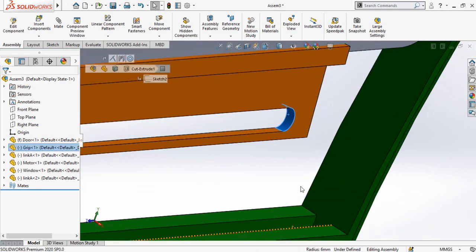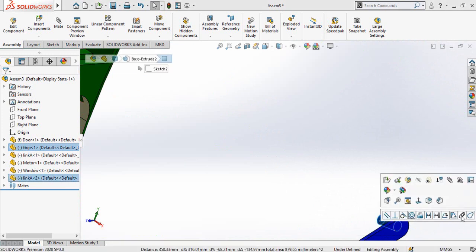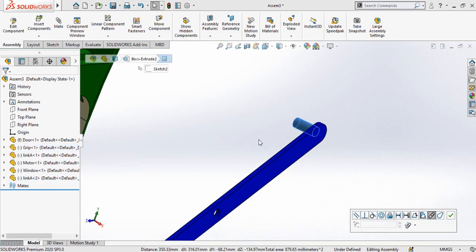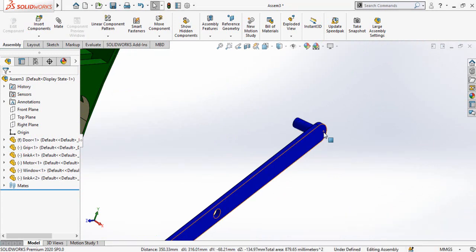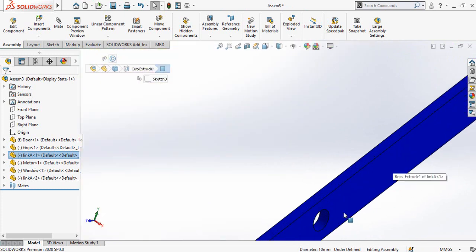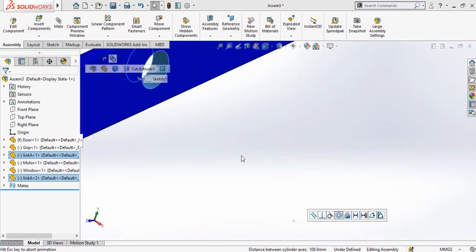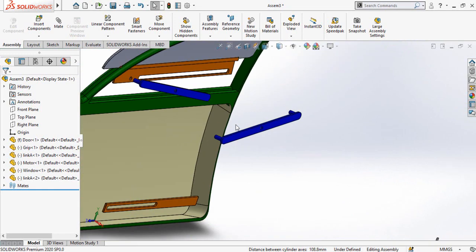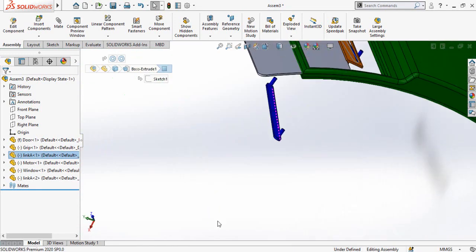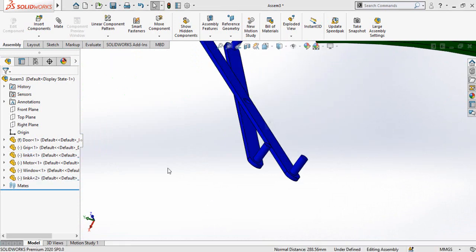Then select this cylindrical face and this cylindrical face and make the slot mate between them. Then select this cylindrical face and this cylindrical face and make the concentric mate between them. After that select this face and this face, make the coincident mate.